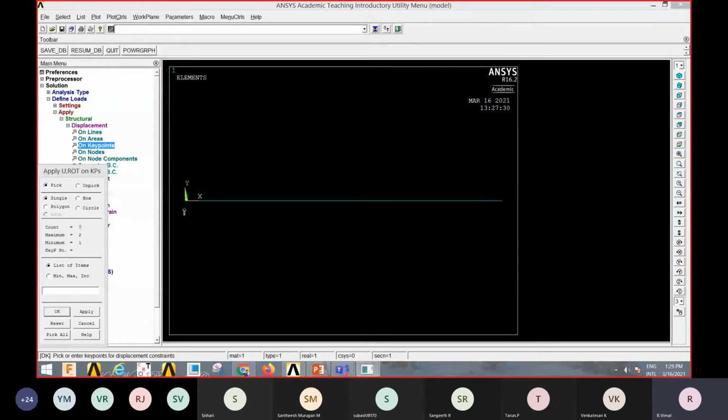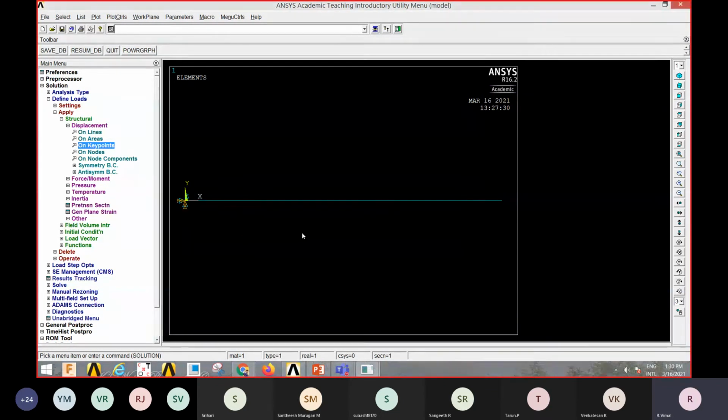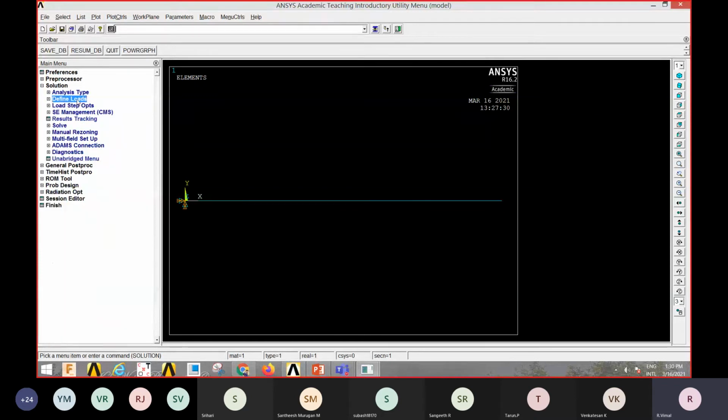You select the point that has to be frozen. So here point 1 has to be frozen. I click on point number 1 and hit the OK button. Here this dialog box opens up where I select all degrees of freedom and enter the displacement value as 0 and hit the OK button. By doing this, I lock the cantilever. So now one side I have locked the beam and the other side it is free for oscillation. So it is acting like a cantilever beam.